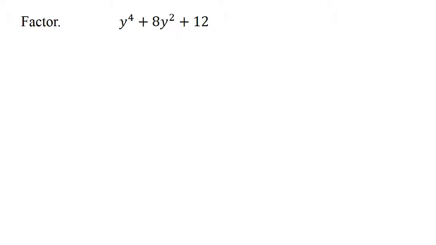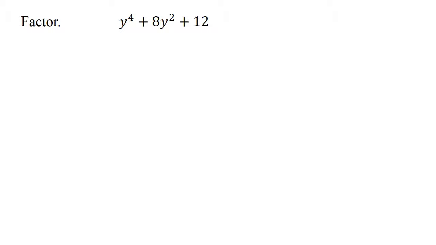Notice that y squared in the middle, and then you have y to the 4th at the beginning. What that tells me is in my 2 binomials, instead of starting with x and x, or y and y in this case, we're going to start with y squared and y squared. So just like before, where I had those red x's and they made the x squared and the x, well, these are going to give me y squareds, and those are going to make the y to the 4th and the y squareds. So what I'm really going to look at here is, what are the factors of 12